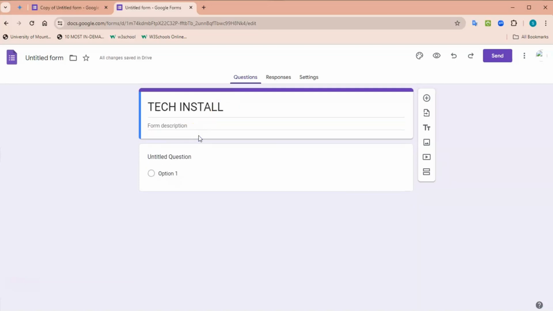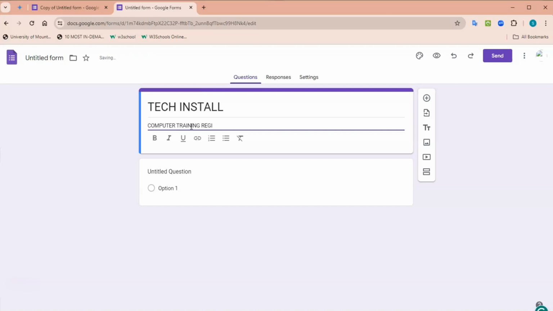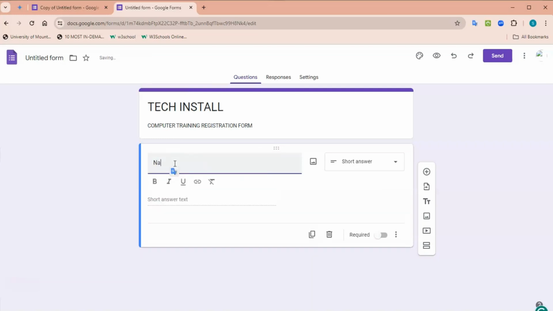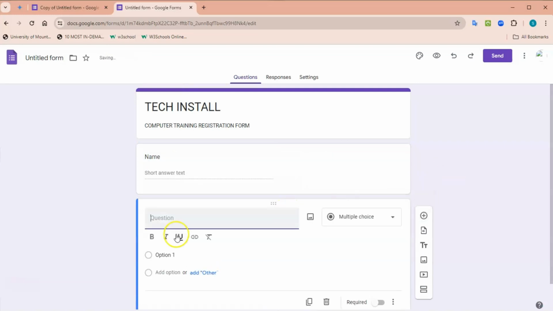And in this place, since I want to create a form, let me call it computer training registration form. Then I'll come to this place and put the first thing I want to ask, which is name. Then I'll click on this plus sign in a circle to add more questions. I'll put email,